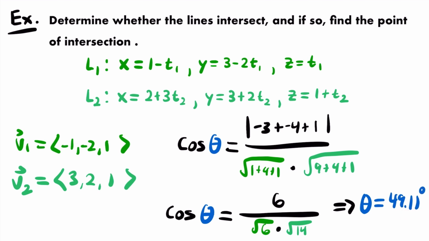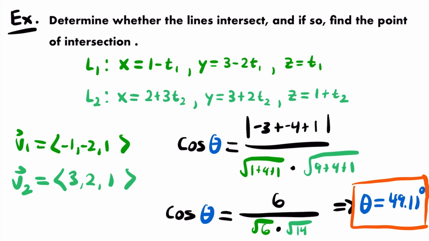There are more decimals there, but I decided to stop after 2 decimals. Okay? And so that is the angle of intersection between these two lines. And so with that, we're ready to look at our last type of intersection for this video, which is the